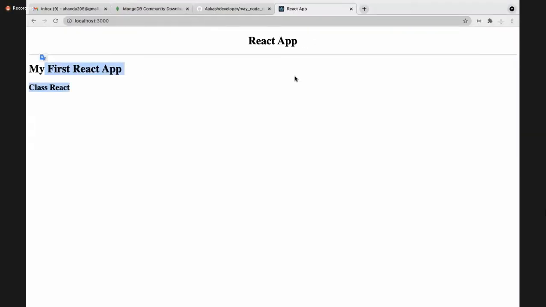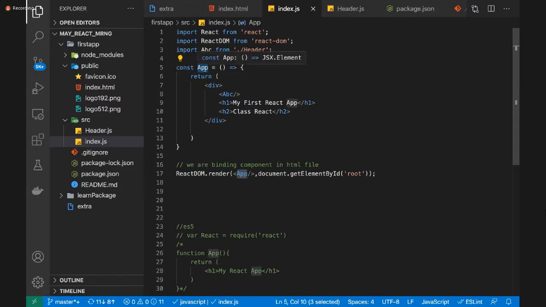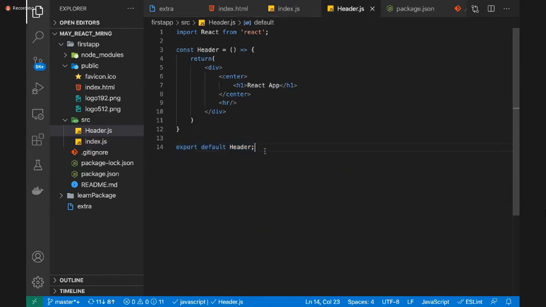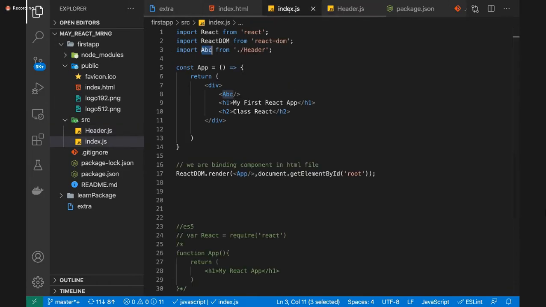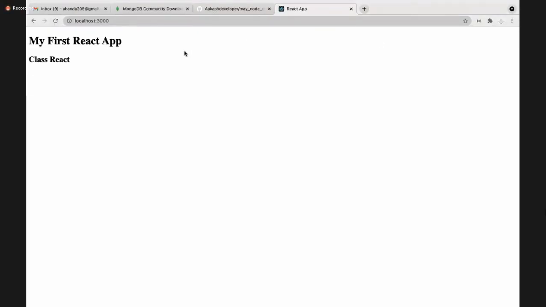Very important interview question. Yes, it will still work. You can import by any name, because you are only exporting one thing from this file. We export one as a default, so I can import by any name, but the condition is that it should not start with a small letter, meaning you should not write small abc. If you write small abc, it will not throw any error, but it will not work.